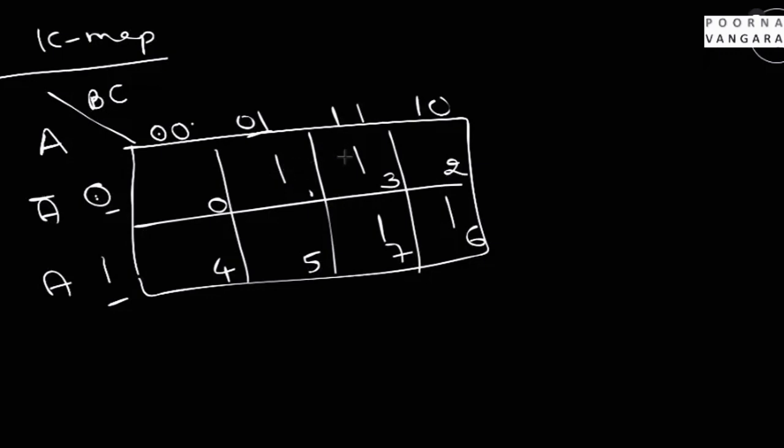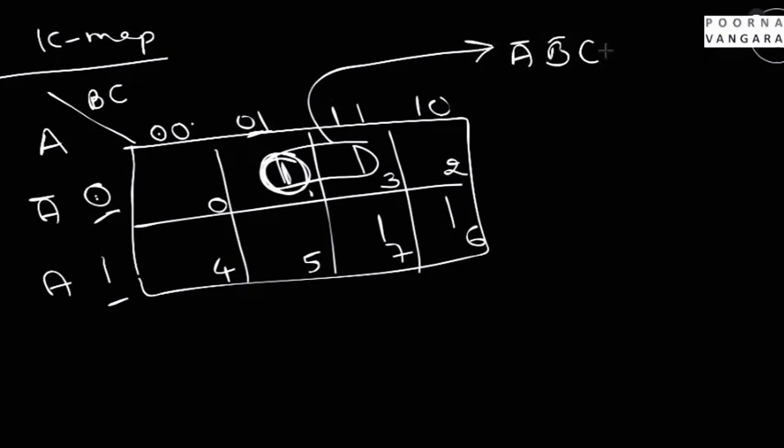So now these two are adjacent to each other. You can pair these two so that you can eliminate one variable from A, B, C from this product. How can you eliminate? Let me write down this particular one in ABC. This cell is nothing but 0, 0, 1, so you need to write A bar, B bar, C, plus the next one, which is 3. 3 is nothing but 0, 1, 1, so 0, 1, 1 is nothing but A bar, B, C.